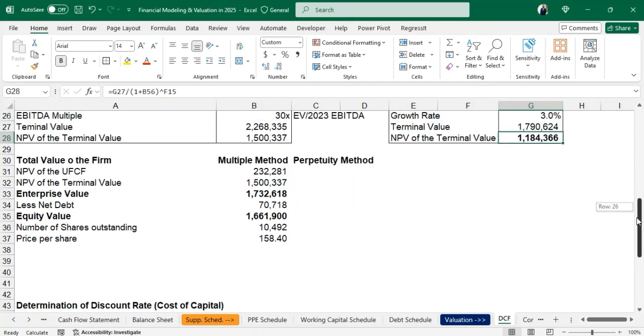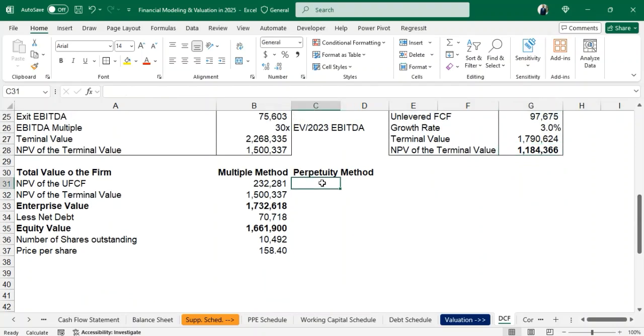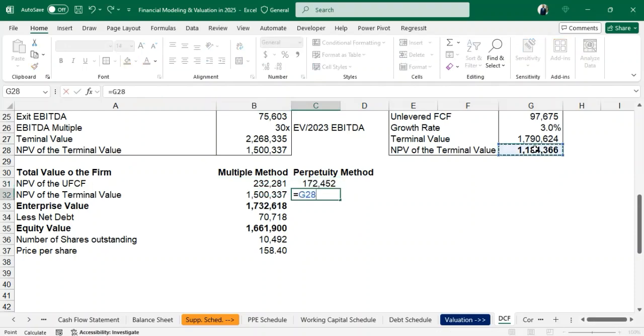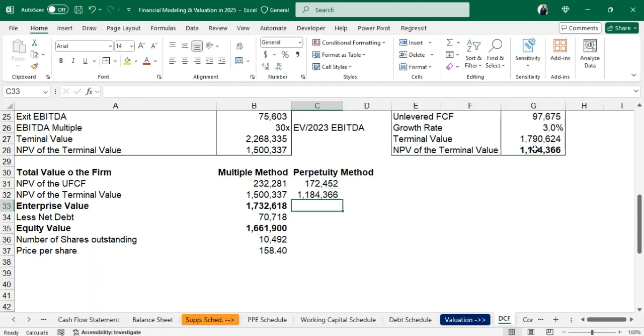Now that we have gotten that, we can fill in this particular part as well. So we are going to have our net present value going to be the same as this, so I can copy this to the right using Ctrl R. Then the terminal value is going to be equal to our terminal value under the perpetuity method. Then we can sum those together, so I can copy the formula here to the right using Ctrl R. Then for my net debt is going to remain the same, I can copy it to the right. Then for my equity value is going to be this, using to the right. Okay, so